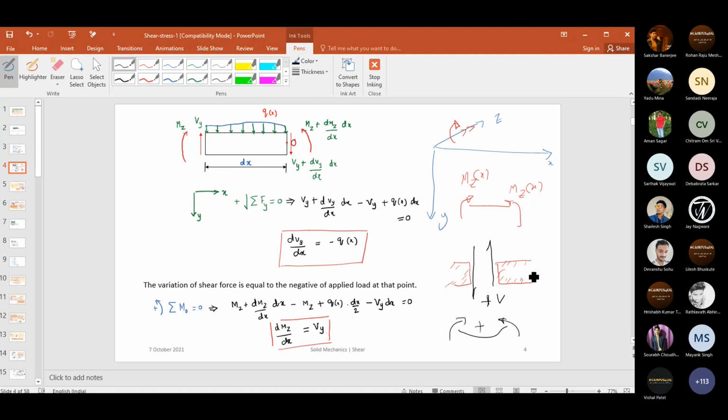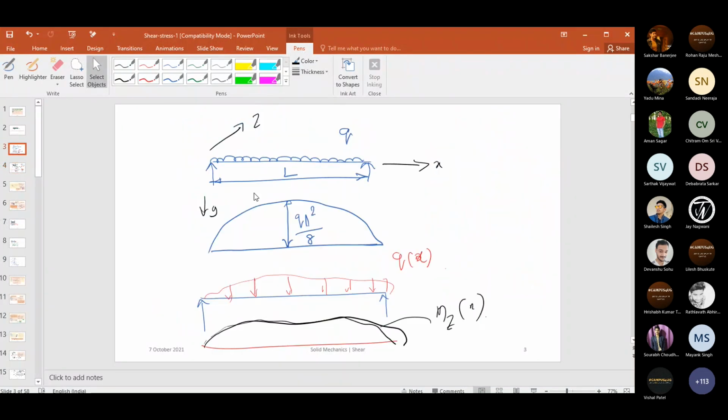If q(x) varies, let's say if you draw the bending moment diagram, like in the previous diagram, if you consider any section, whether the bending moment here and here are the same. No, sir. But still the beam is in equilibrium, isn't it? Yes, sir. What happened? Why is it not responding? PowerPoint? Oh God, it must be big.